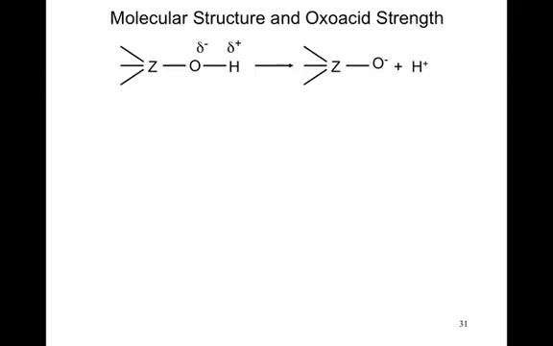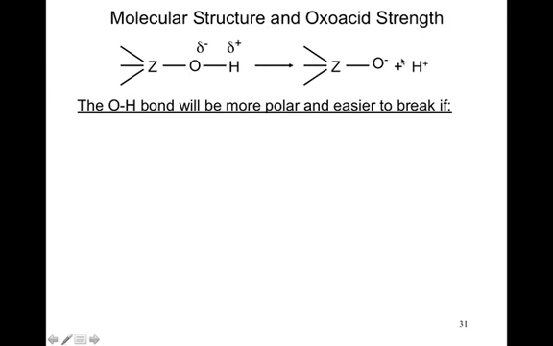It's oxoacid strength. So we have oxygen in this acid, and that's going to change things up just a little bit. You can see that we have oxygen attracted to hydrogen because oxygen is partially negative, hydrogen's partially positive. This is going to be a little bit polar as a molecule. Who knows what this could be back here, but this end is most certainly polar. Oxygen will let go of hydrogen, but not super readily. The OH bond will be more polar, and it's easier to break if